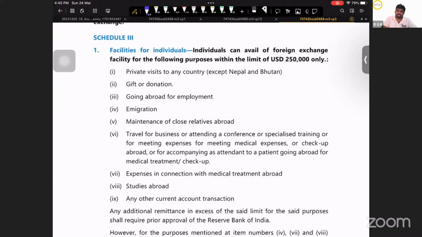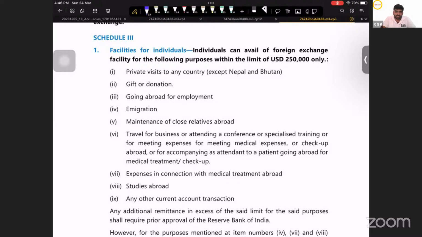Other than these specific transactions, for any other current account transactions, you are permitted to draw foreign exchange to the extent of $250,000 without any prior permission of RBI, beyond which you will have to seek prior permission of RBI. So any additional remittance in excess of the said limit for the said purpose shall require prior approval of Reserve Bank of India. Now, with respect to point 4, that is immigration,